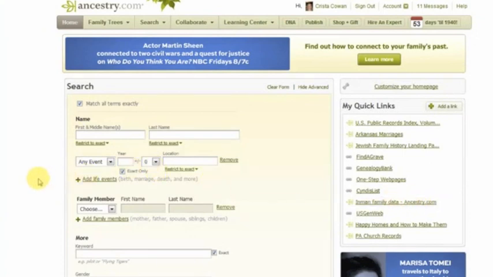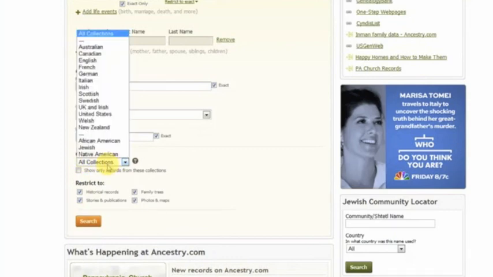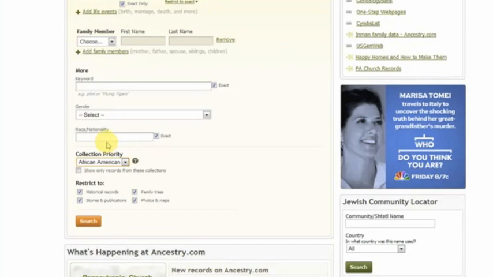First of all, that collection priority. You're going to find that on any search box. If you scroll down towards the bottom, just above the search button, you're going to see this collection priority. Now in there, we have all sorts of options for country-specific collections that you can narrow your search down to. Or you'll see here at the very bottom of that, we have 3 specific ethnicities, with African American being one of those. So you can select that, and what it will do is, as you search, it will surface the records that pertain to African Americans closer to the top of your search results if you're searching by ranked rather